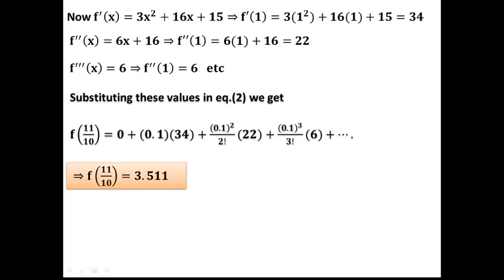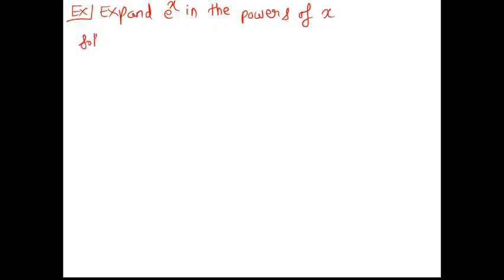Okay, now let's see, as I have said that we have certain standard series, and all those standard series we have obtained by using the Maclaurin series expansion. So let's explain one of them, right? For example, I want to expand e raised to power x in the powers of x. Whenever the question is to expand a function in the powers of x, it is better to use a Maclaurin series. So let's first of all denote this given function by f of x. So f of x is e power x.